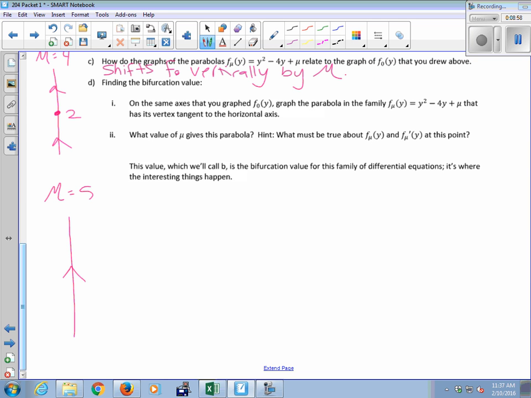So what value of mu gives you that parabola? You already told me that was mu equals 4. In this case, it was pretty obvious. You could just look at the graph and use your knowledge of vertical shifting to figure out what mu was important. But if it's not quite so obvious, finding a bifurcation value, which we call B, is where the interesting things happen. And the way you typically find it